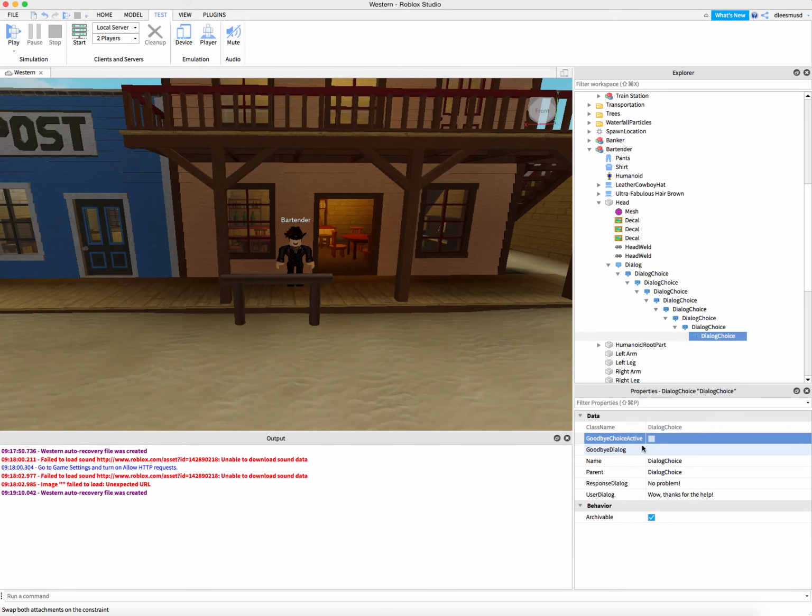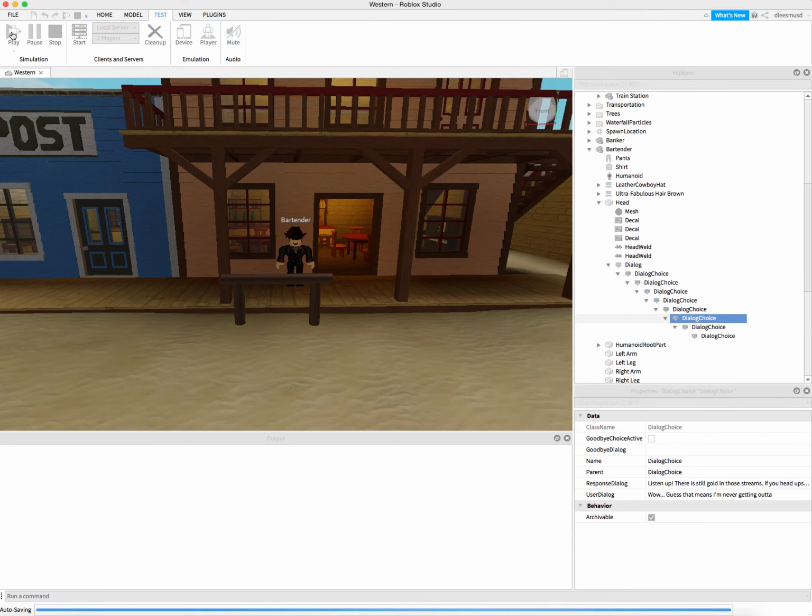And I want to make sure I uncheck the goodbye dialog choice, right, on all of these guys, because I don't want that to be an option. I want to make sure that the player goes through all of these dialogues with the bartender, right? So he knows all the information. And so now if I go ahead and test it,